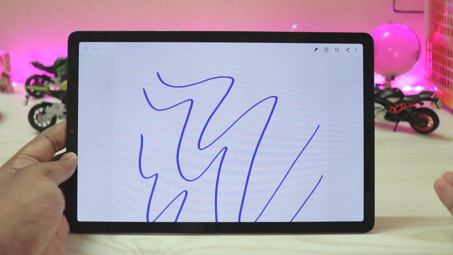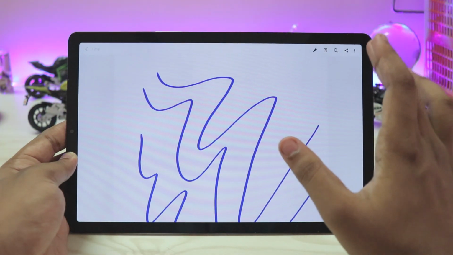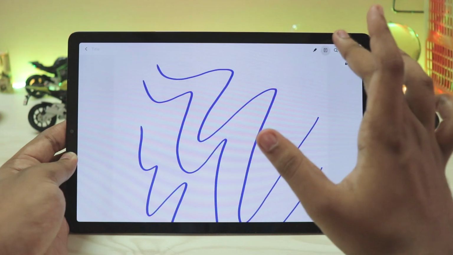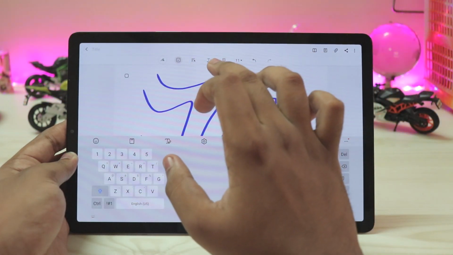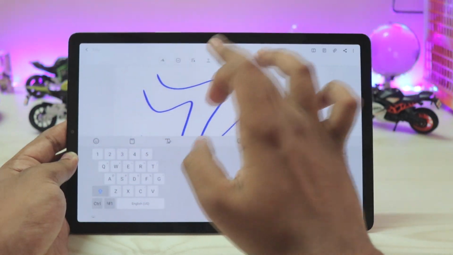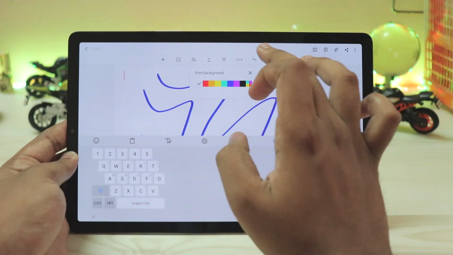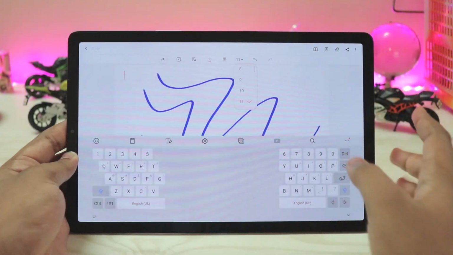So if you just directly go to any kind of note, it does lack features. For example, there are no voice notes or something which can be found in the flagship phones, but you can actually view the pages right over here, edit it. Then again, you can make columns for it, your text style, text color, text background, your text size. Yeah, lot of features, to be honest. And then let's just switch to DeX mode.